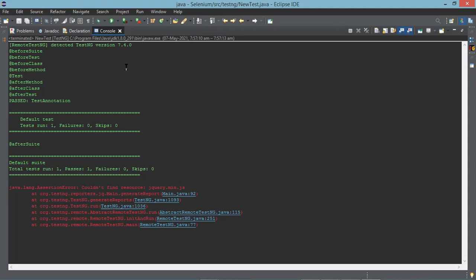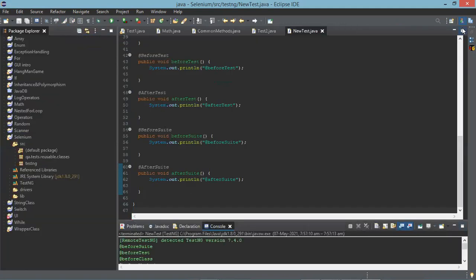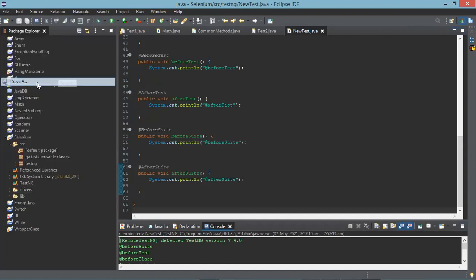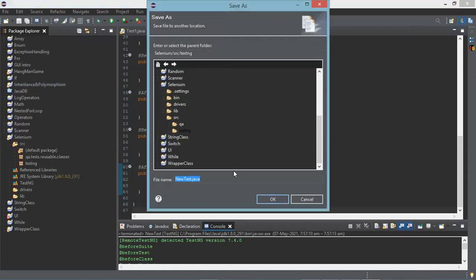You understood this concept, right? Yes, sir. Now make another class there. Go to that particular class, file save as. Give the name as test2, say okay.